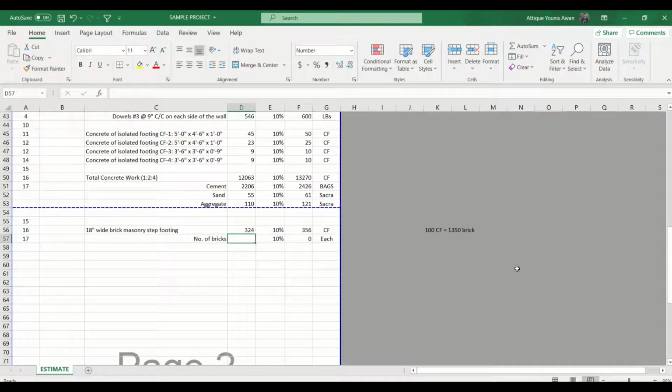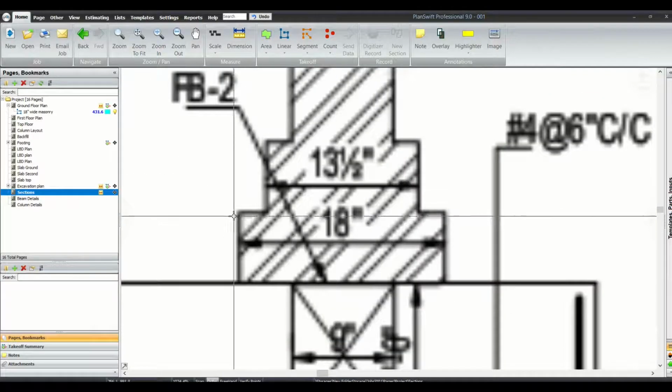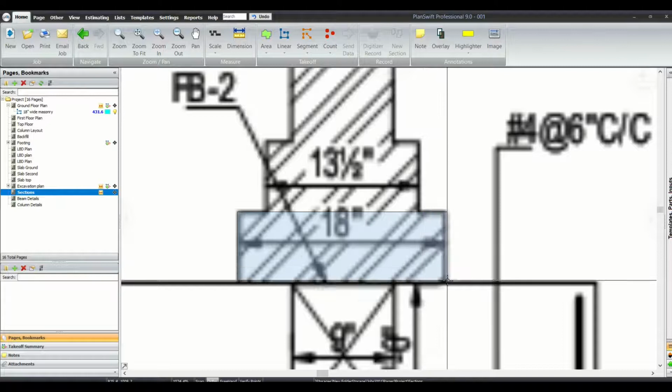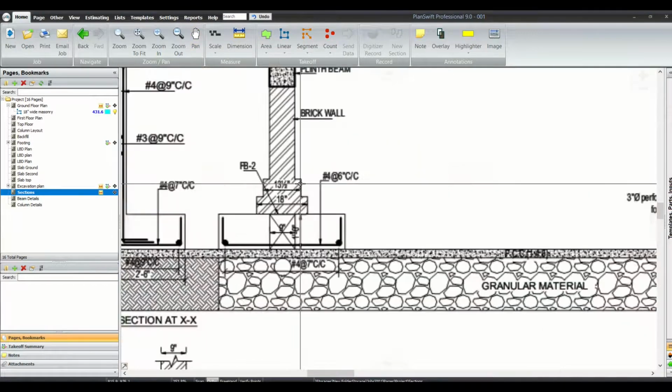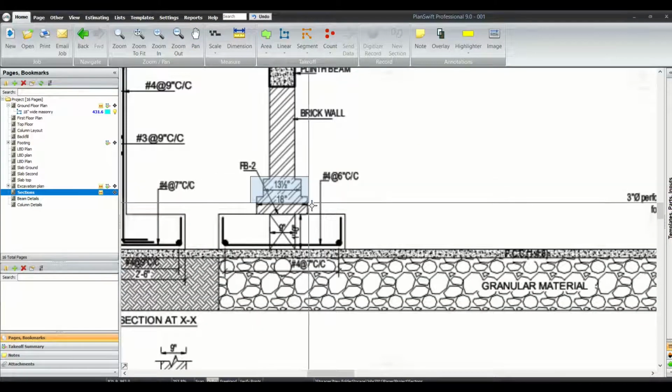Now I need to take this cubic foot value and multiply it with 13.5, and we get the number of bricks. Finally we get 4370 bricks, which are going to be used only in this step, right? That's how we calculate the number of bricks in brick masonry.